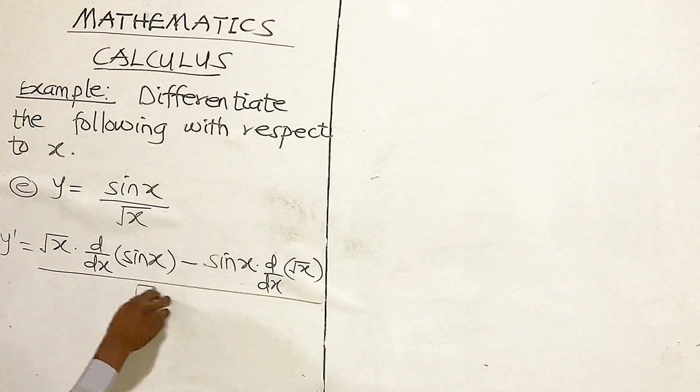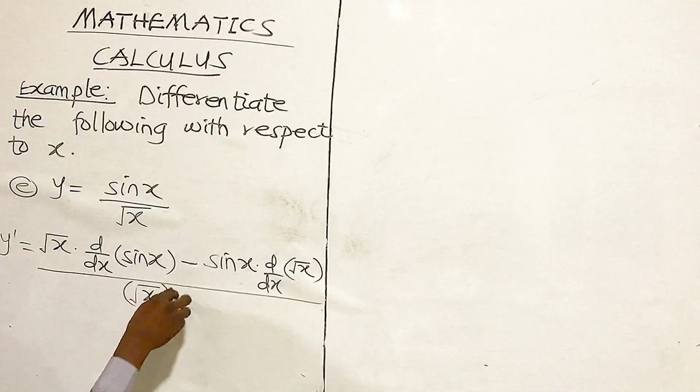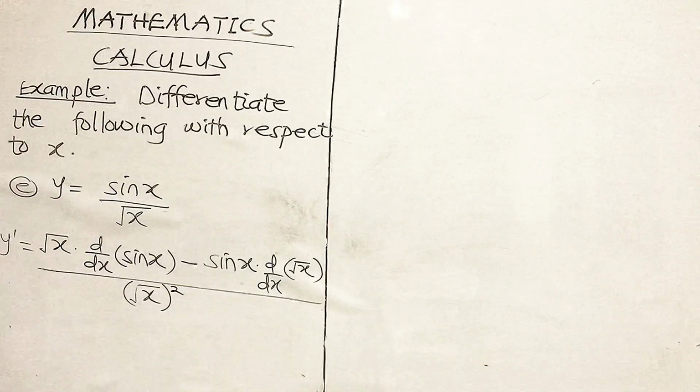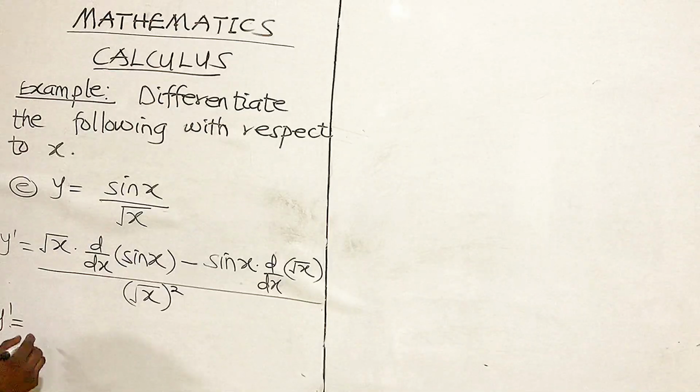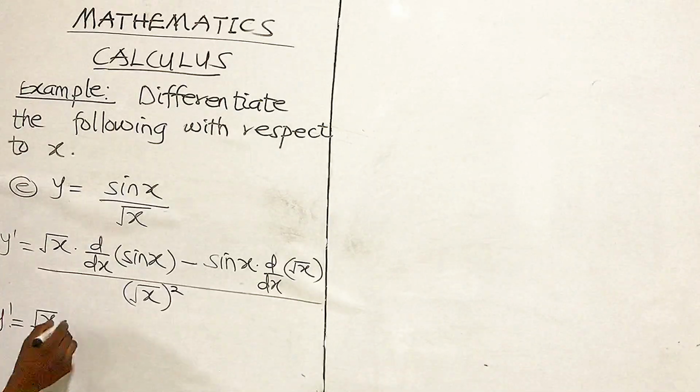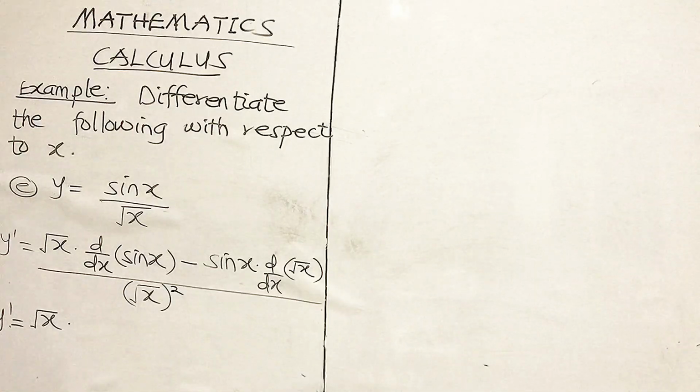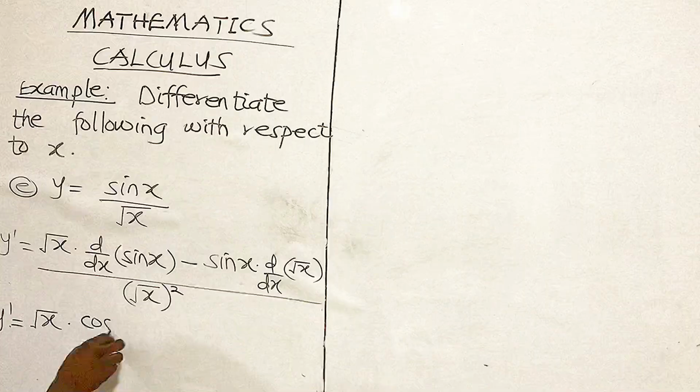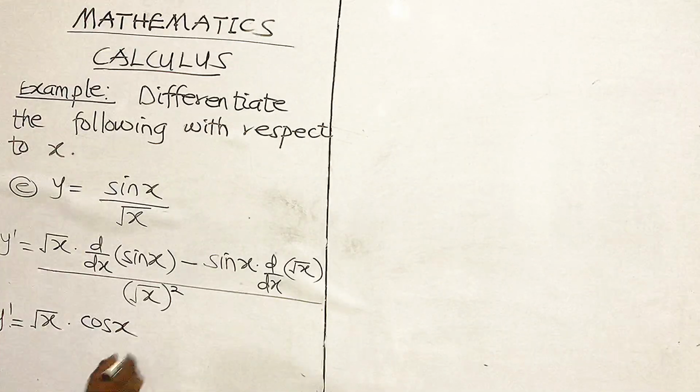So we have root x all squared. So we are moving on. So we have y prime to be equal to root x multiplying. Now when we differentiate sine x, we are getting cos x minus